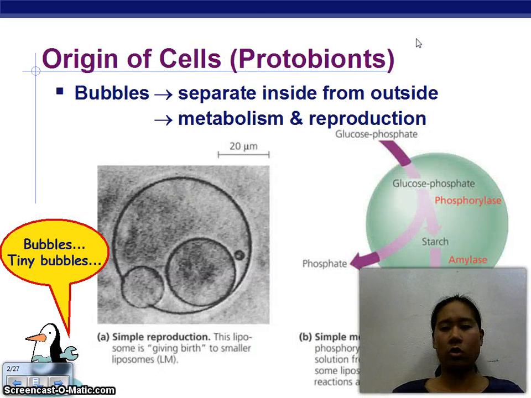So now we have the molecules, but how do we get across to making cells? To get a cell, it's a little bit more complicated. It's not just molecules together, but we came up with this idea that protobionts were the first cells. And these were really simple cells. They didn't have all these complex organelles that you might remember, such as mitochondria. But the idea was you were able to create a bubble, and by separating the inside from the outside, you were able to create the beginnings of a cell membrane, something that you can control from inside and outside.